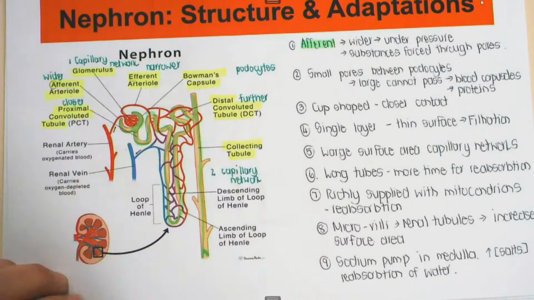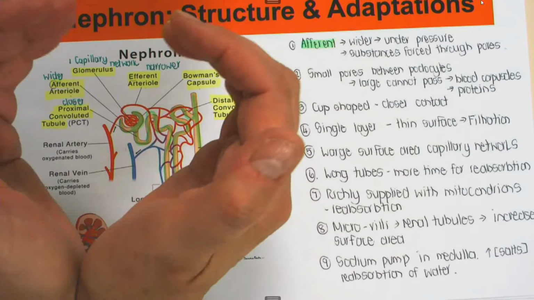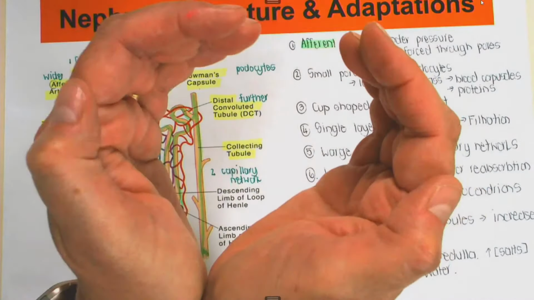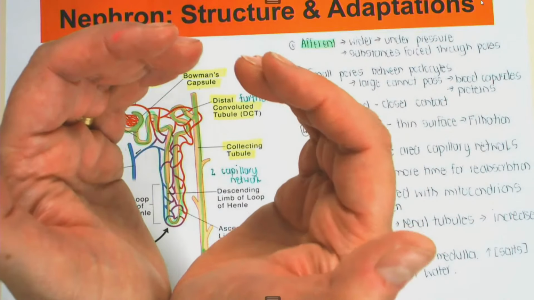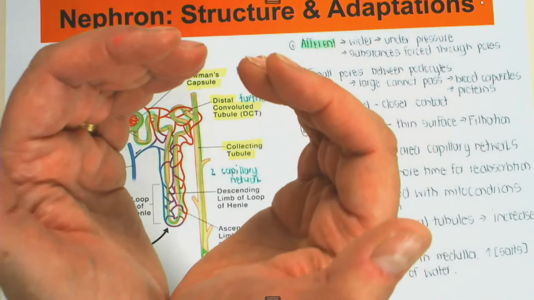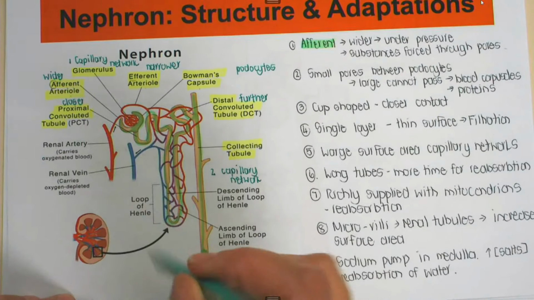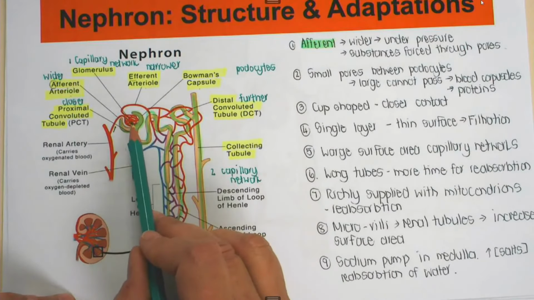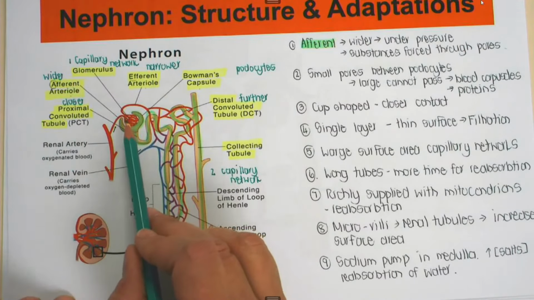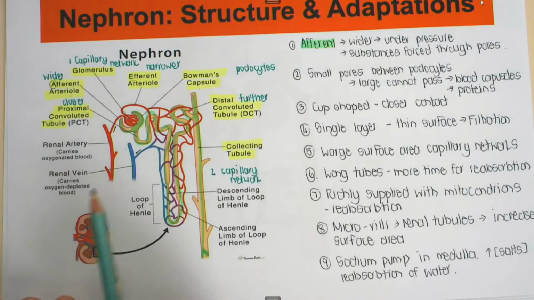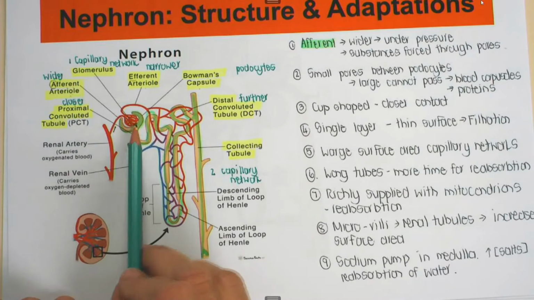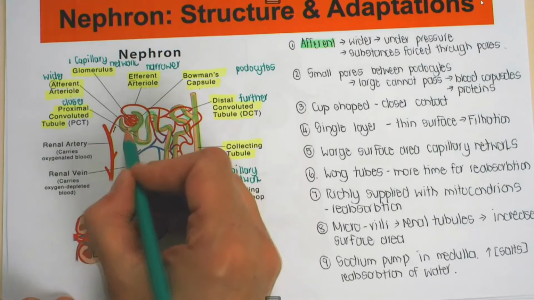And Bowman's capsule is now close to the network of arteries and veins, because the closer it is, the easier the filtration is going to take place. Because that's the first function that is happening here, filtration. All of the substances that can be used again must filtrate through, and it's only the smaller substances,